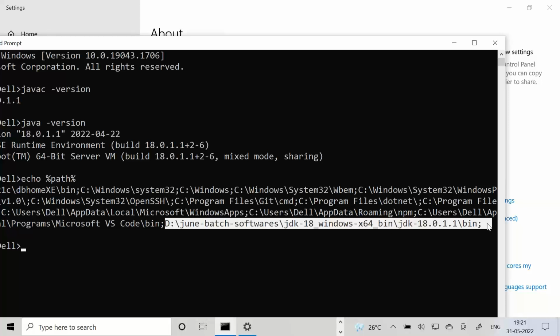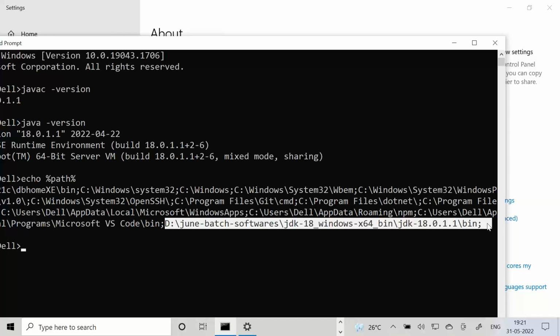The third approach is also very similar to the second approach, but using My PC system variables. But it is not at all recommended. There are 2 reasons why. One is security: you are losing security. If you are setting it at system level, other users also come to know. You lose your privacy.